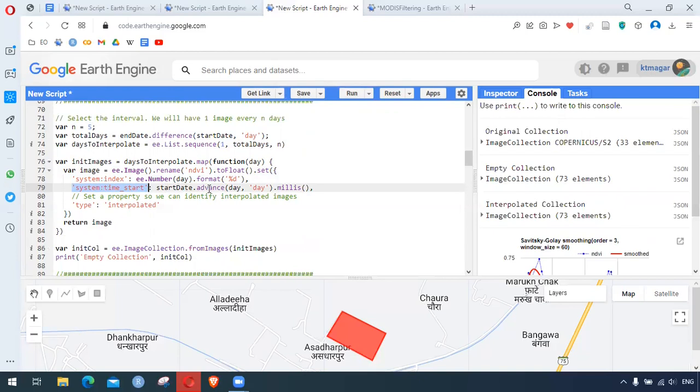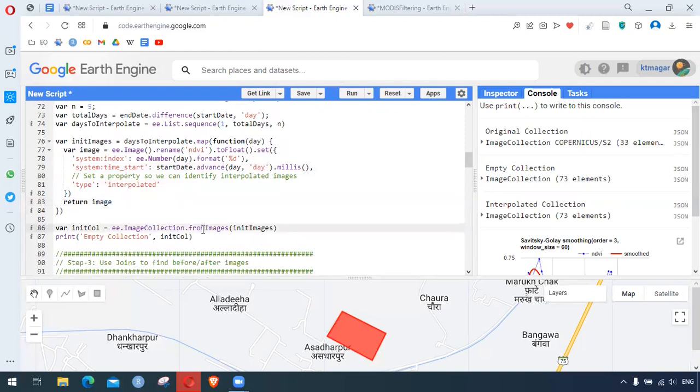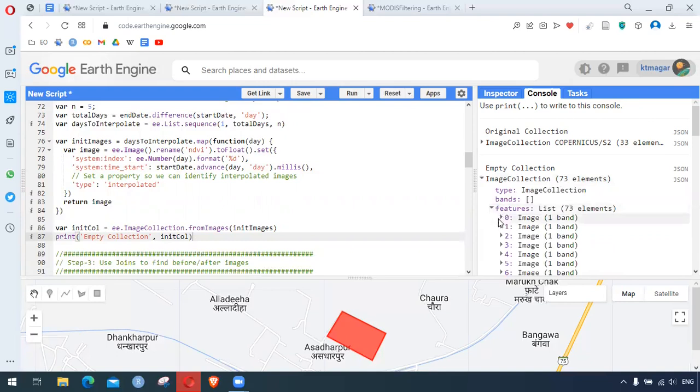So in general, we are adding the time properties in that blank image, and the type, or this will be as the interpolated, some properties being added here, and we will return this image, and this will be our image collection. So this is ImageCollection.fromImages, making this as the image collection, and we have the symmetry features with NDVI. So this is the blank image,